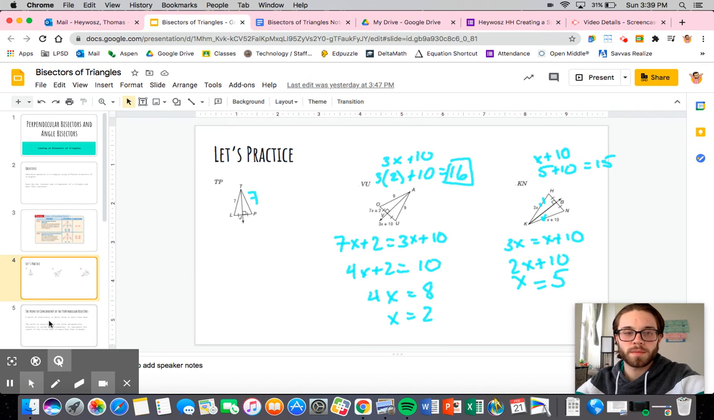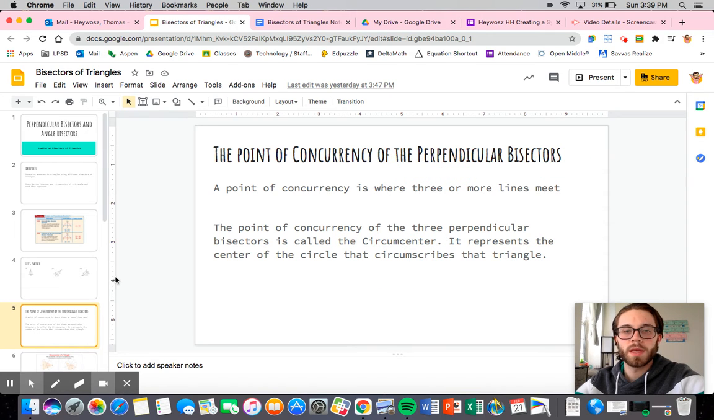Now, moving on. The point of concurrency of the perpendicular bisectors. Before we go into what that is, we need to talk about what our point of concurrency is. So point of concurrency is just where 3 or more lines meet, or segments or rays, or where 3 or more things meet, right? So if I took,